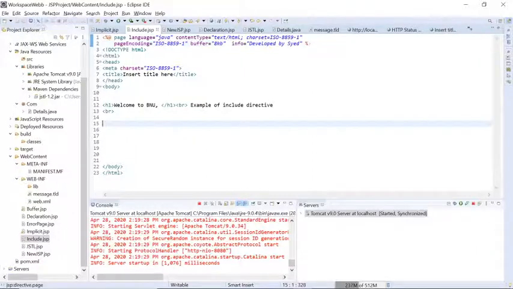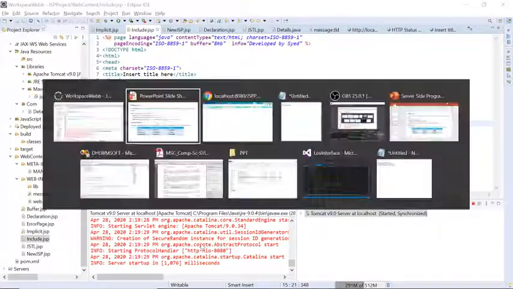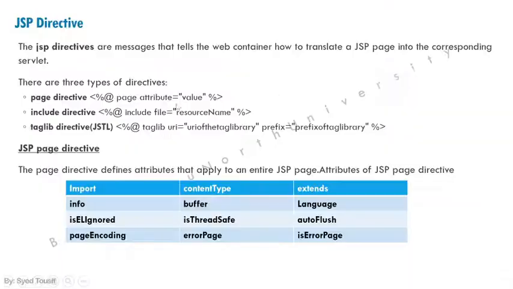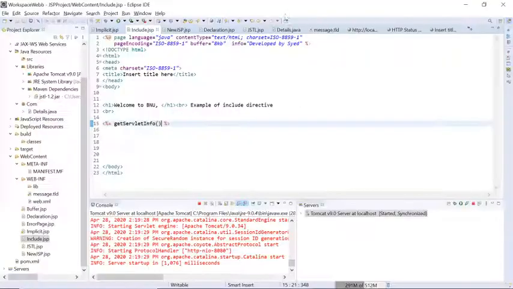If you want to use this information, you can easily check it with getServletInfo. Now we will check by making a request for include. You can check out, developed by Syed. It means whatever information I have given about the page.